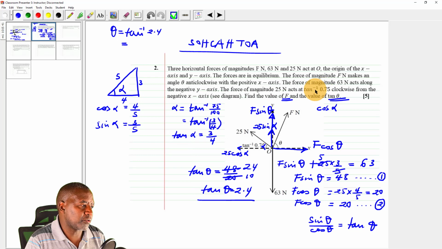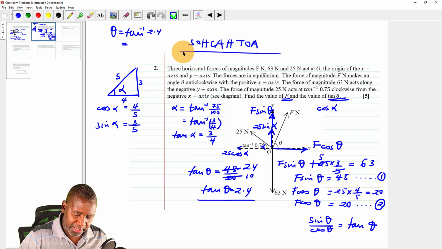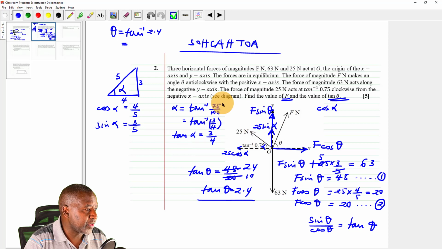I think there is no problem there. There is no mistake here. So I can get the theta itself. I do shift tan inverse 2.4, and that should be able to give me 67.4. Theta is 67.4. Having obtained that, I can get one of the equations now and say that